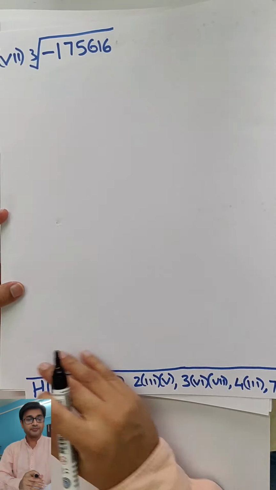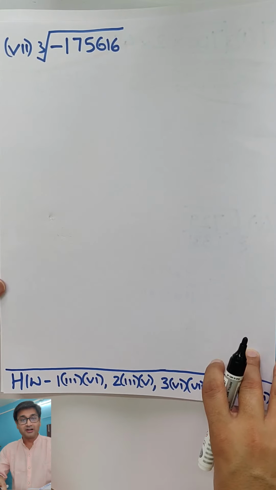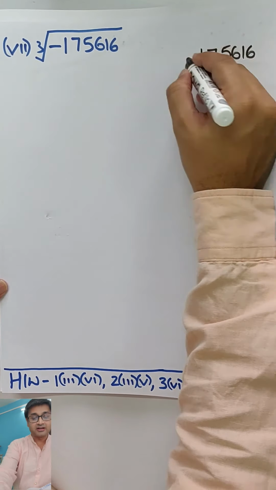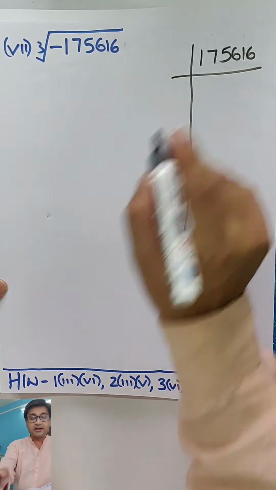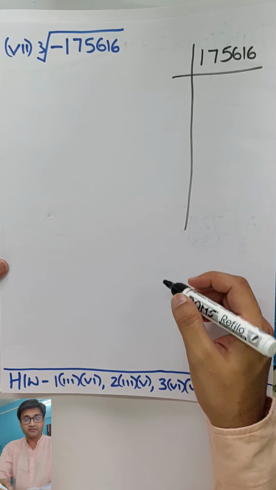Let's go to the next one. 7 part 7. Now no choice, no mental math will be helping you. So go about by taking the prime factors. Come on, take your time this time. Give me this last sum correct. Pause the video, get it correct for me.